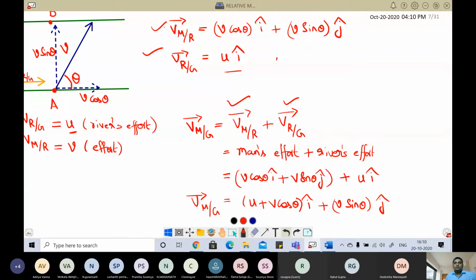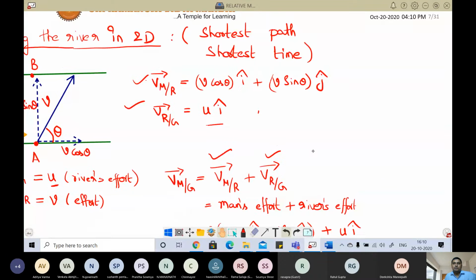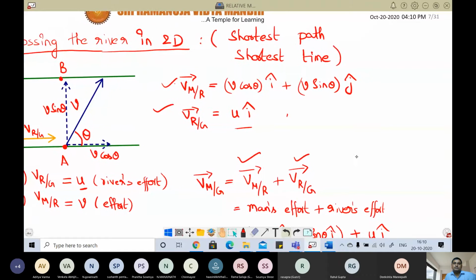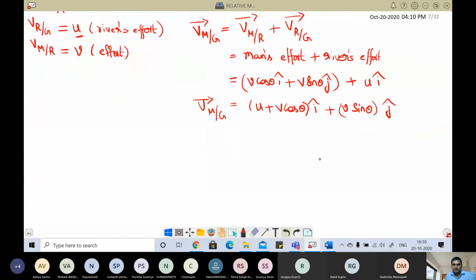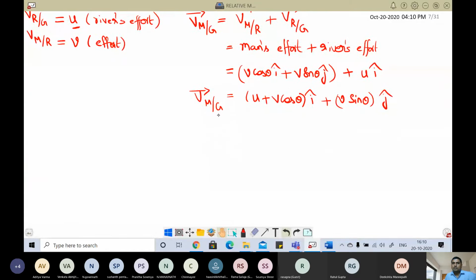That means by the equation we got it like this, and by the diagram method also you will get the same thing, correct or not? Even by the diagram, as I showed yesterday, the diagram is more helpful because it gives us a picture of what is happening. The same equation we can also get like this. Right now, when you stand on the ground and observe the man, the man has this much velocity in the x direction and this is the y direction velocity. This is the velocity of man with respect to ground.